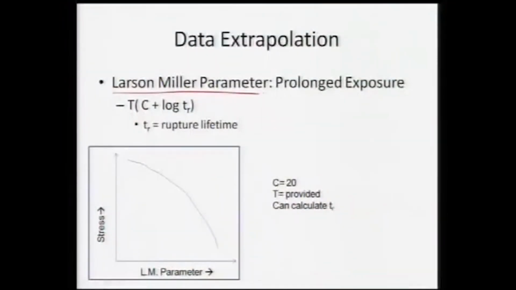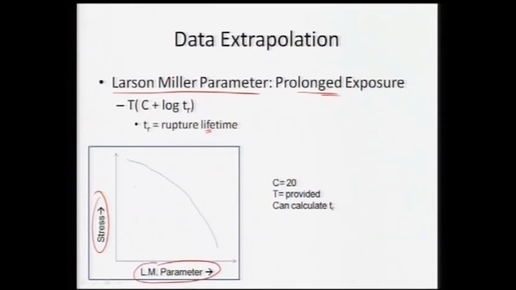But sometimes the extrapolation of data is very much required, because if we do a creep test, we might require years to complete it, and that becomes impossible. So, there is the Larsen-Miller parameter, which can take account of prolonged exposures or enhanced creep rate at elevated temperatures. Once we know the Larsen-Miller parameter for a particular material, we can also calculate the stress or the rupture lifetime of that material at a certain temperature. So, the Larsen-Miller parameter can be calculated for certain stress values. So, we can see when the fracture is occurring.